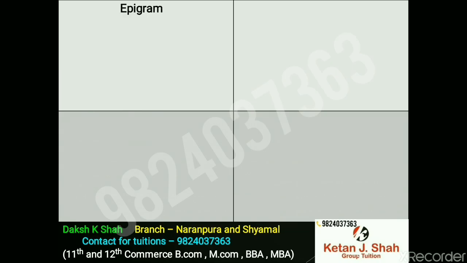Now let's see the next one. Epigram. It can be divided into two parts, epi and gram. Epi means surprise and gram means statement. Surprise statement means epigram. So we can say like a thing which is impossible. Child is the father of a man. Art lies in concealing art. So it's not possible, we can say.